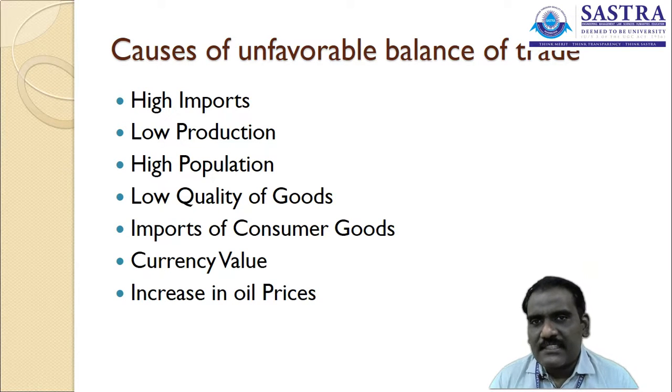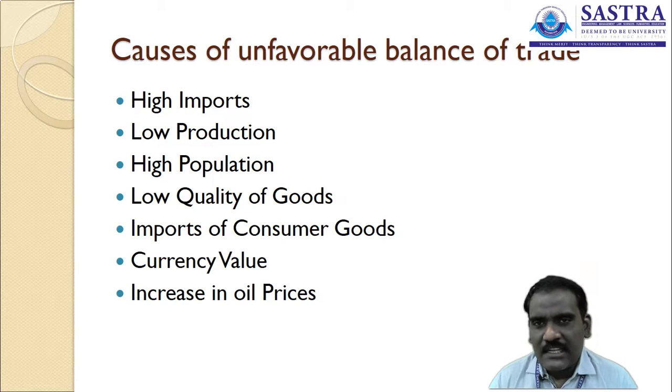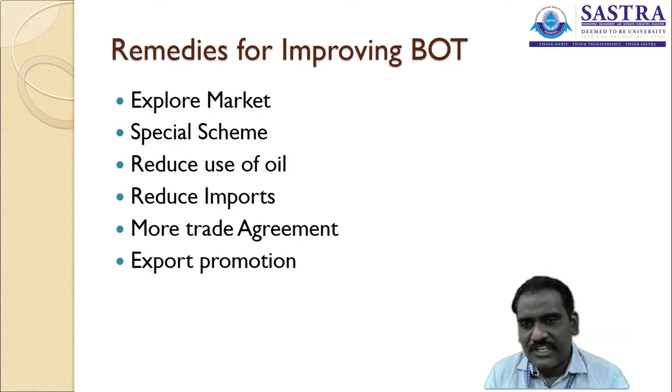So these are the kind of things that happen with an unfavorable balance of trade. Instead of the price you have paid for purchasing oil, you need to pay a higher price. Once you pay a higher price for purchasing the product, the oil, the money outflow from your country increases. The currency value will be reduced in the global market. These are the causes of an unfavorable balance of trade.